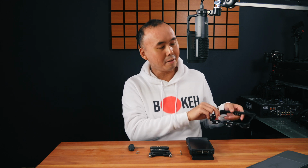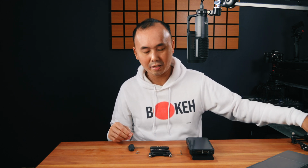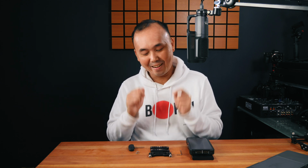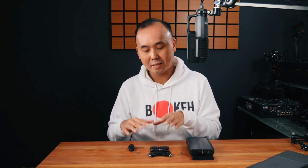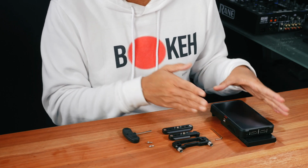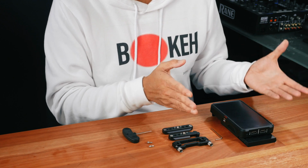So the product that I'm going to talk about in this video is a set of mounting plates for the Atomos Ninja 5. It's not actually a cage, even though I probably used that in the title of this video because that's what people will search. But anyway, it is basically a set of different plates, as the name suggests, that you can mount onto your Ninja 5 monitor, and that can provide similar functionality as a typical cage, but it is quite a bit